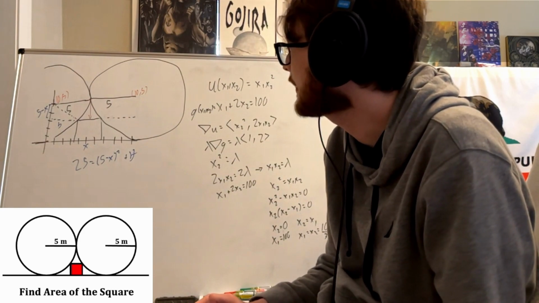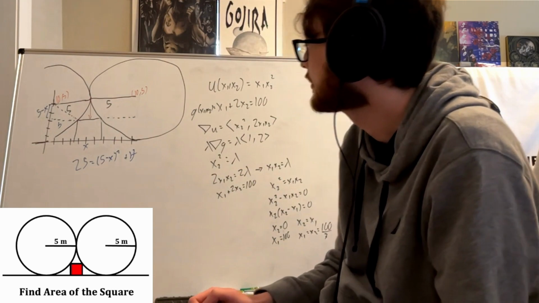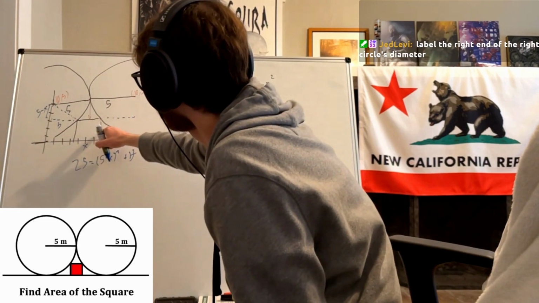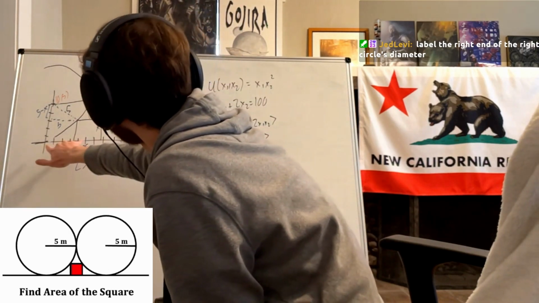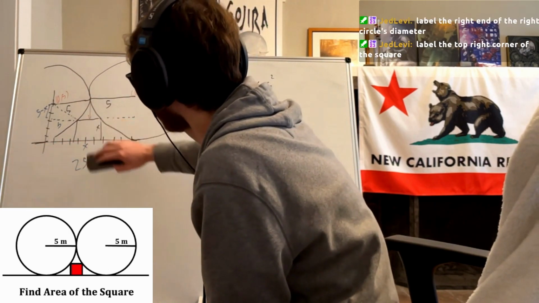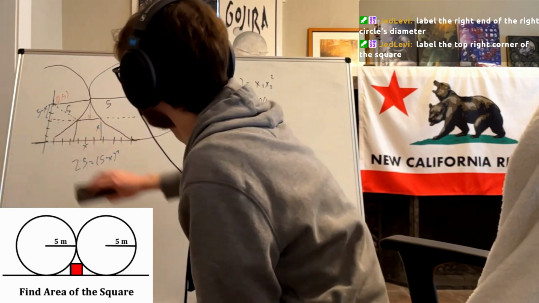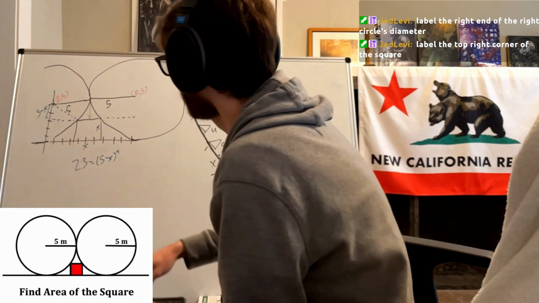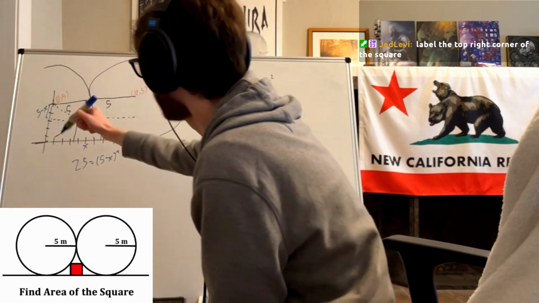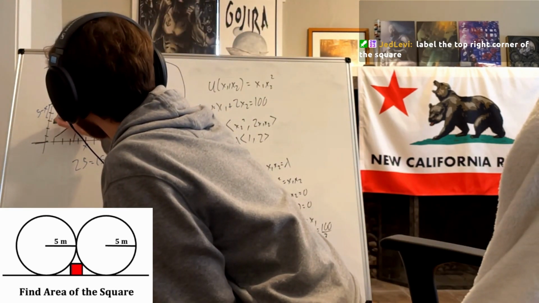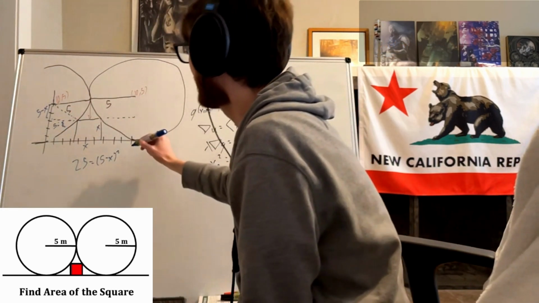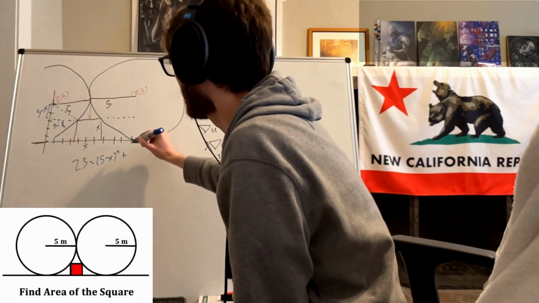Oh wait, could we also say that it's... Well, is that also 5 minus x? Is it inequilateral? Because the square is x. From here, I think we can figure it out, because we know it's a square. It should be x divided by 2 for just half the square, and 5 minus that. I think it's the length of the bottom. 5 minus x over 2. I think it has to be like that. So it's probably 30, 60, 90 or something. I don't know though.